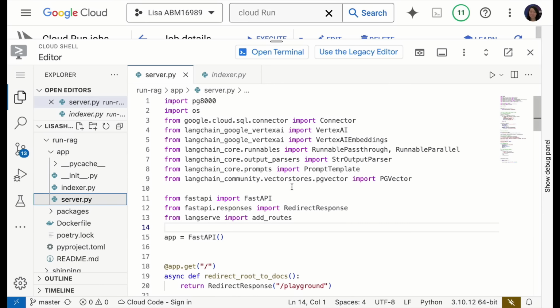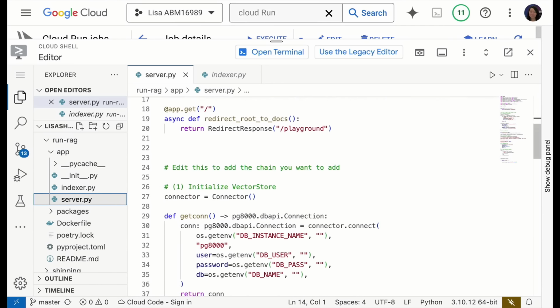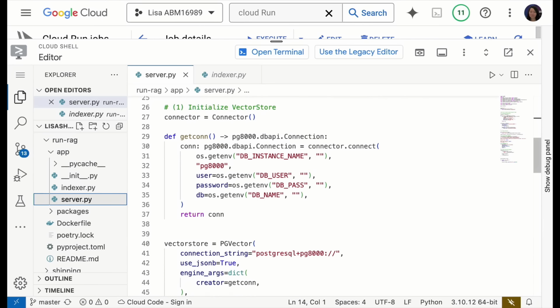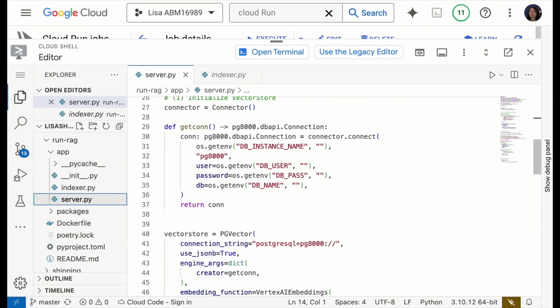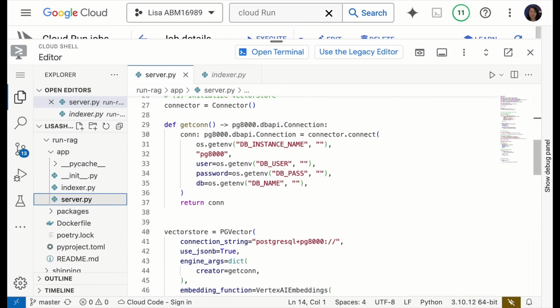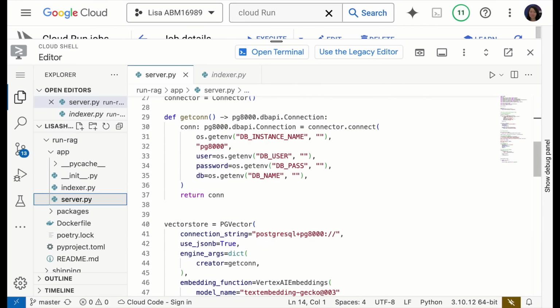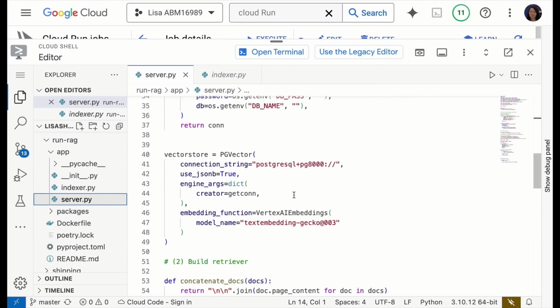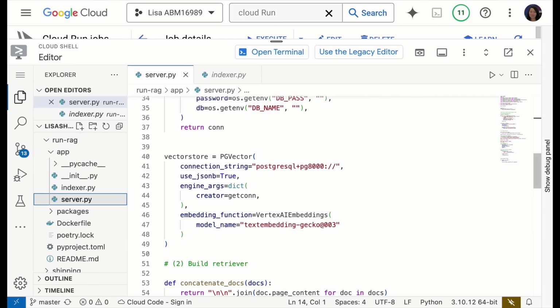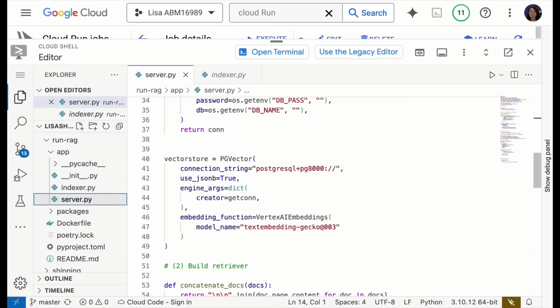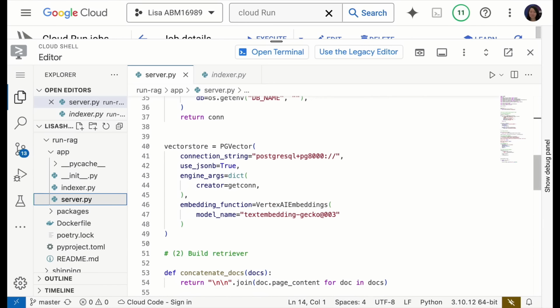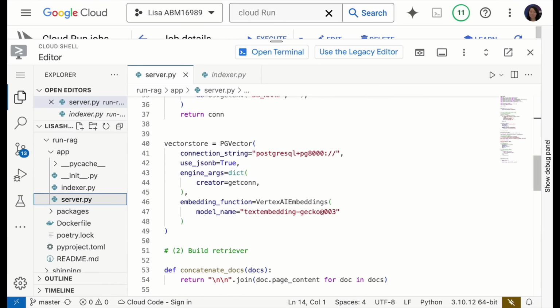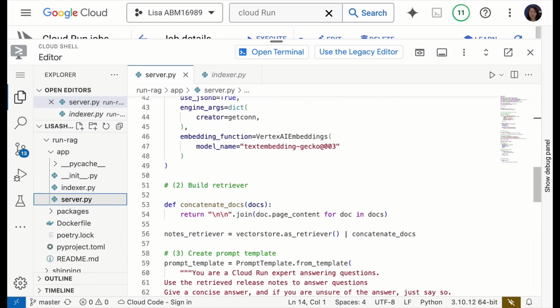So I need to import some of the libraries. And then if you look at the main logic we put in here, we need to initialize the vector store because we need to connect to our Cloud SQL database. And then we need to use the Vertex AI embeddings to convert my user query to a vector, and then pgvector can do a similarity search, okay? So once we retrieve the similar release notes to the user query, we're going to build this out,